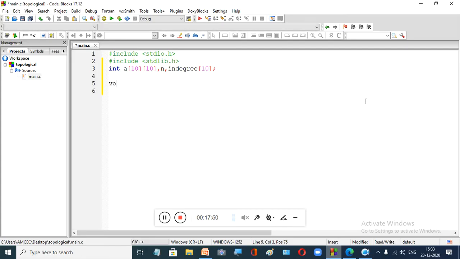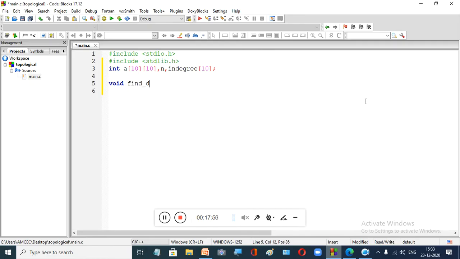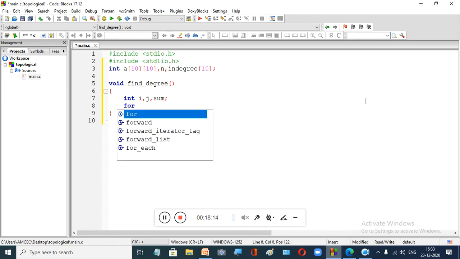Next, now we start with our small function. What is that function? First step, we are going to find the in degree of all the nodes of our given graph. How do you find this in degree? It is nothing but the column sum of our matrix. Since you are going to process the matrix, you need 2 variables i and j, and a variable called sum to find the sum, right?